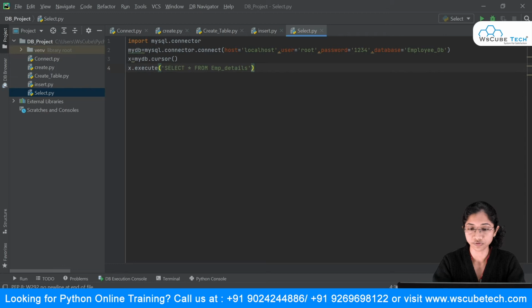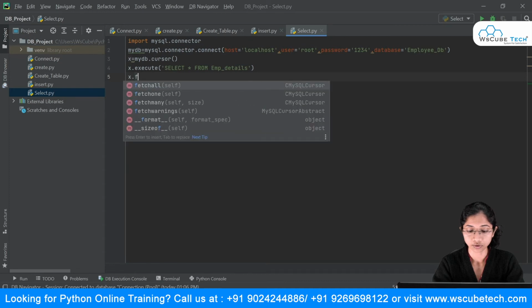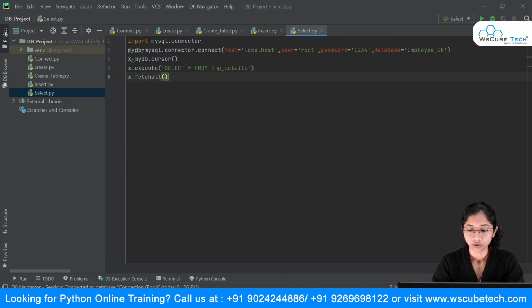Now, in order to fetch all those records, you have to make use of one more method, and that is fetchall. You are telling Python to fetch all these records, and I will store this inside a variable named result.